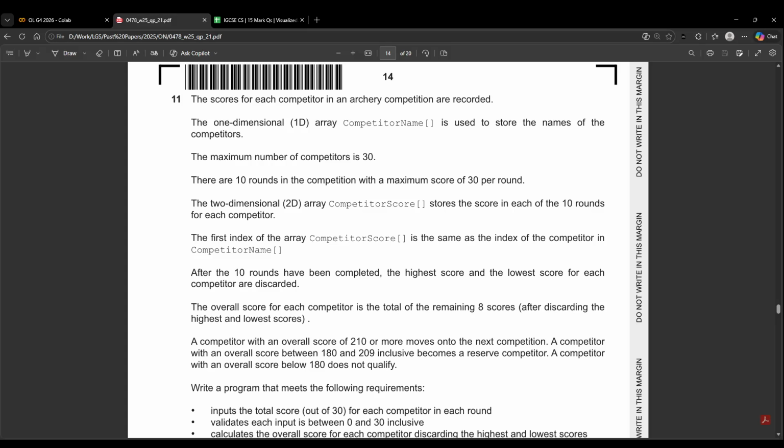So, October 25, paper 2-1. The 15 marker is a bit tricky, only in the comprehension part of it. Otherwise, it's very simple code-wise. Okay, so let's start. They're saying there's a one-dimensional array called competitor name, which is used to store the